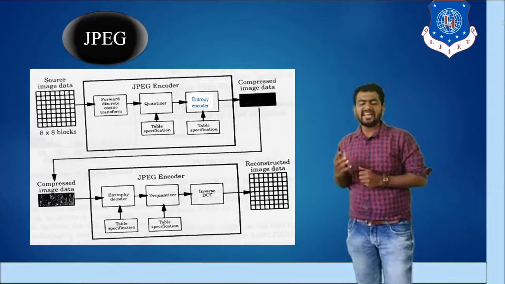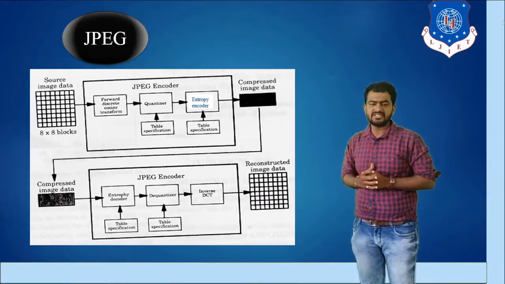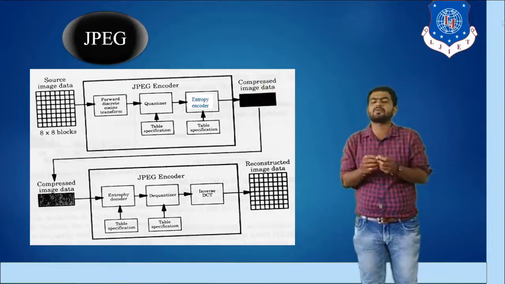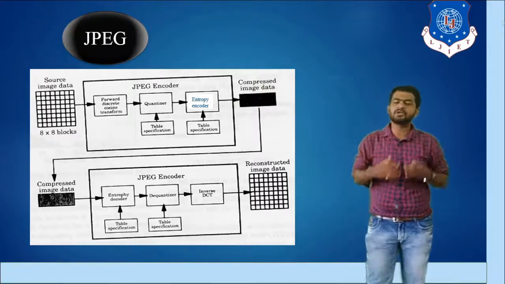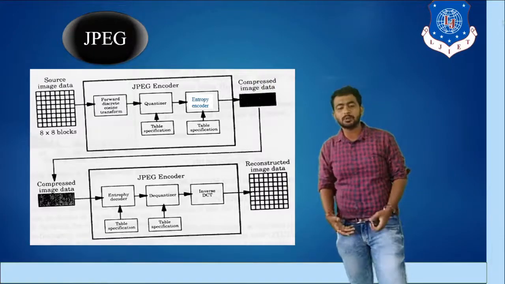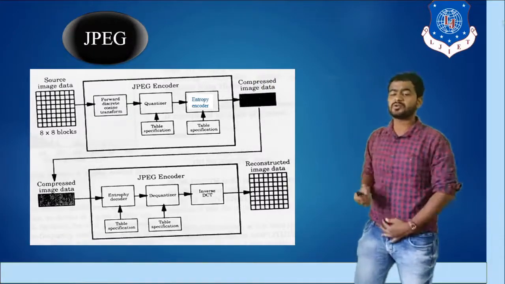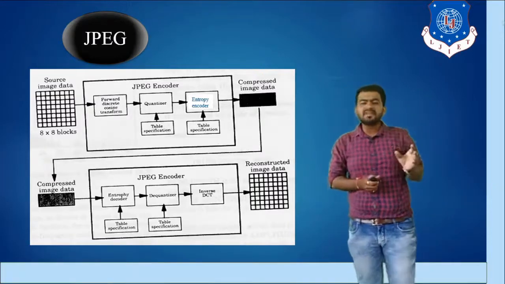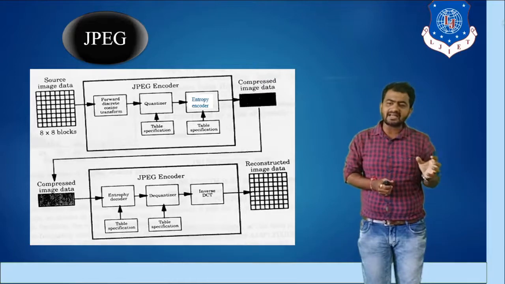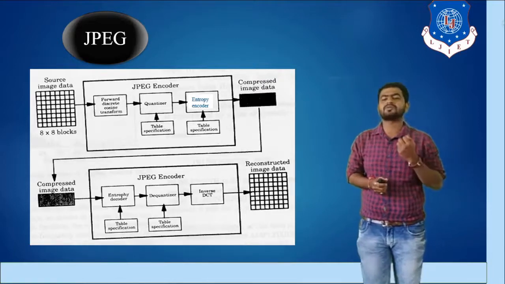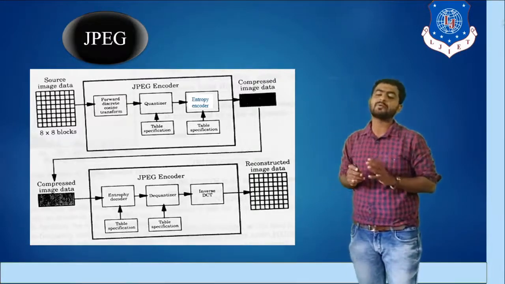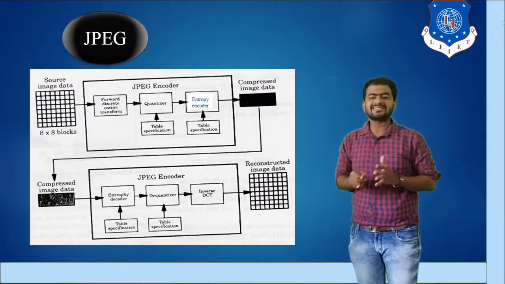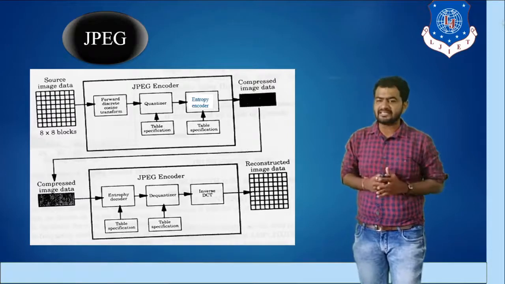Now, what exactly do we do in JPEG compression? You have a source image. Right now we are focusing on 8 cross 8, but an image can be 256 by 256, 32 by 32, or 64 by 64. It can be any size. But for simplification, and to get better accuracy in terms of information, we always have to divide the data. This is called segmentation. But divide the data in such a manner that you get meaningful content.